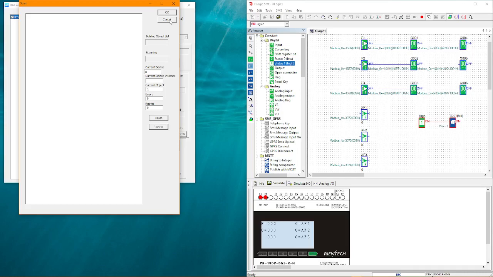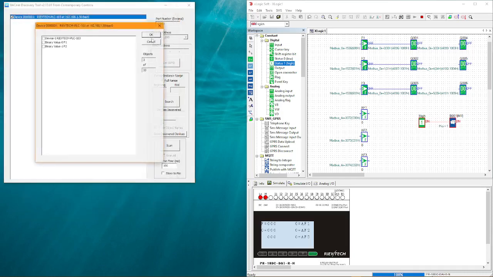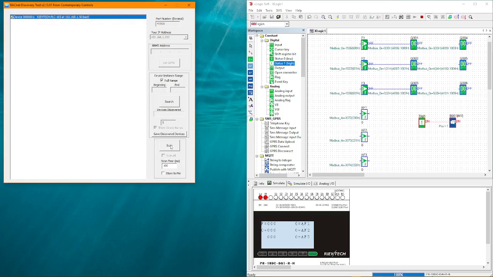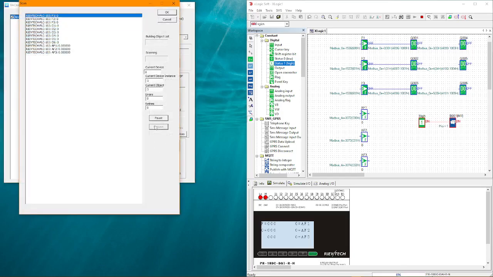Now if we individually go back into there and select the ones we're interested in for this particular client, and we can go into scan mode and see the values change. Here's all the values, all at 0 at the moment. We'll open the Rievtech simulated HMI again,